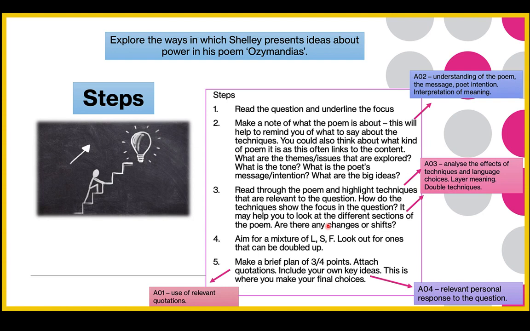Once you've done that, once you're happy, you understand the poem, you've got a range of quotations that you could use in your own answer, then you can make a brief plan. So think about the kind of points that you would want to make in response to the question. What is it that you're trying to prove with regards to this question? And then think about the quotations that you will use. And in today's session, I will be talking you through the quickest way to make a plan that not only is relevant, but it also ensures that you've got that coherence to your essay.